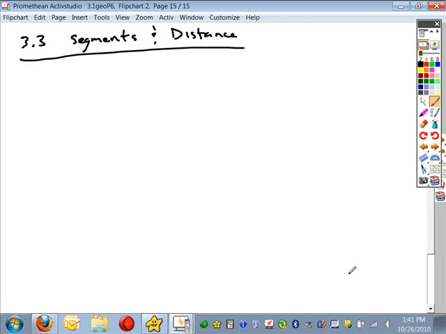About the segment and distance relationships that we went over before your quiz. We talked about two different ones, one on a number line and one in a coordinate plane. When you're talking about distance on a number line,